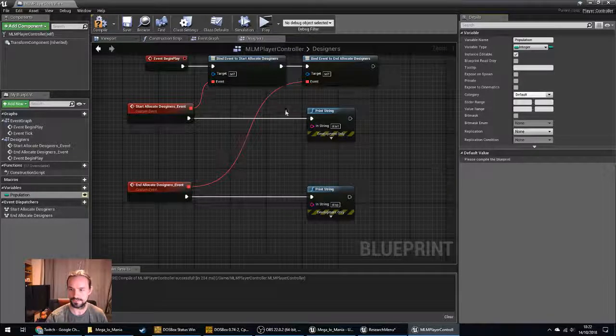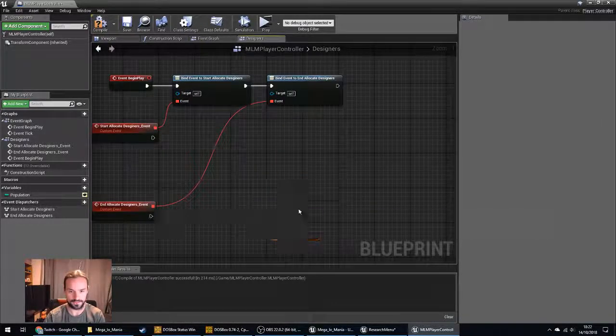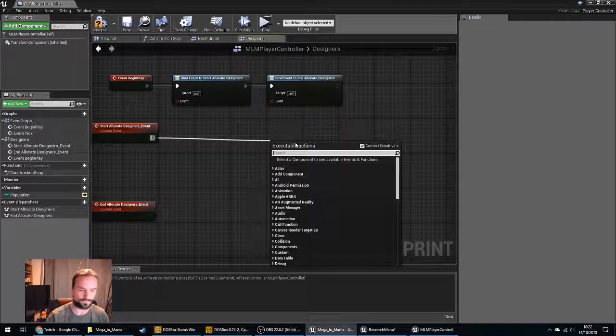That should be fine. I'll give it a default value of 100. So that's where we start with the game. So when the player starts allocating designers, I'm still not confident I've got all the events tied up in the right place, but